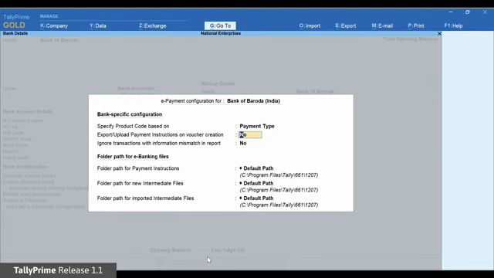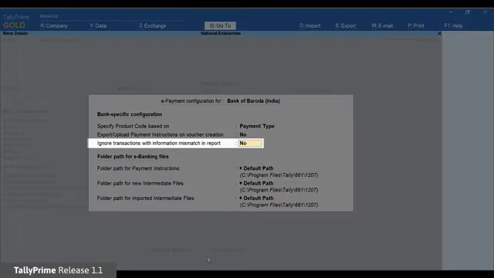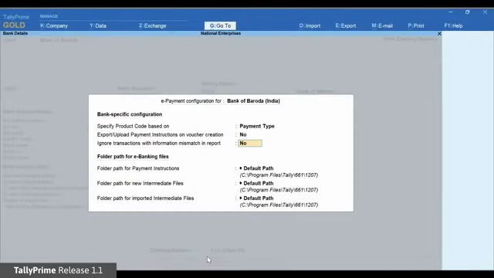However, if you want to export payment instructions at the time of voucher creation, then set it to Yes. By default, Ignore transactions with information mismatch in report is No. Setting it to No will move the transactions to the Transactions with Information Mismatch with Masters section in the e-payments report if bank details entered during the voucher creation do not match the one provided in the bank details of